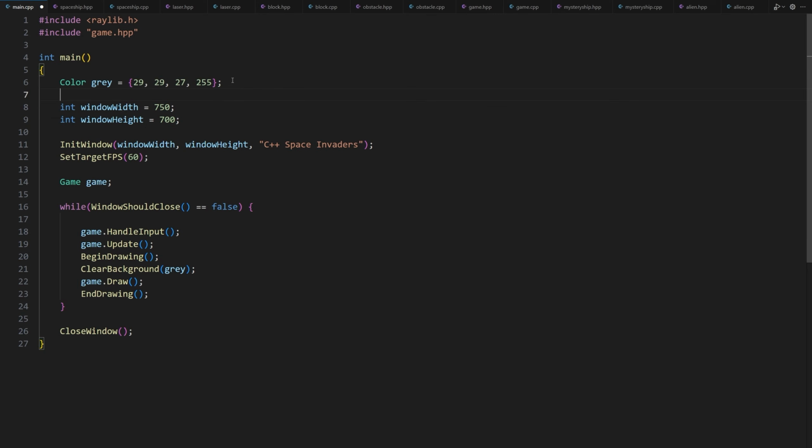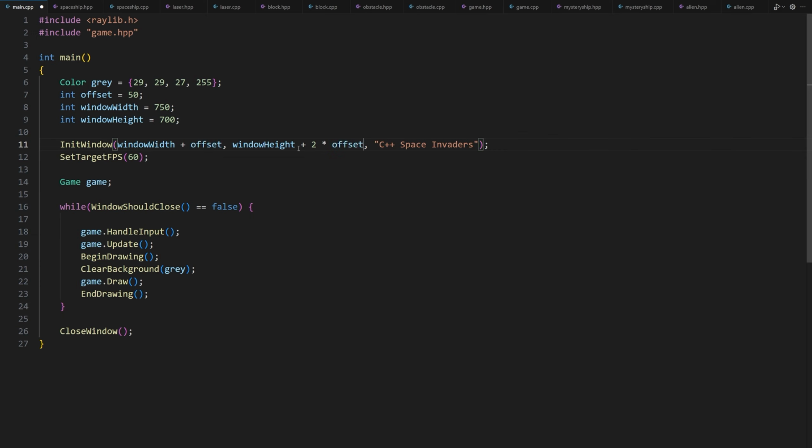So, in the main file, let's create a new variable called offset and set it to 50 pixels. Int offset is equal to 50. When we create the game window in this line of code, let's add 50 pixels to its width and 100 pixels to its height. Plus offset here and plus 2 times offset here.